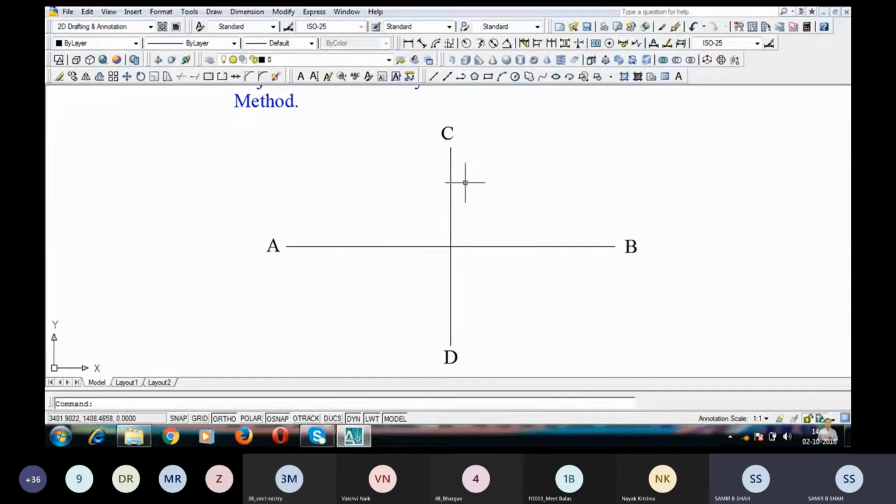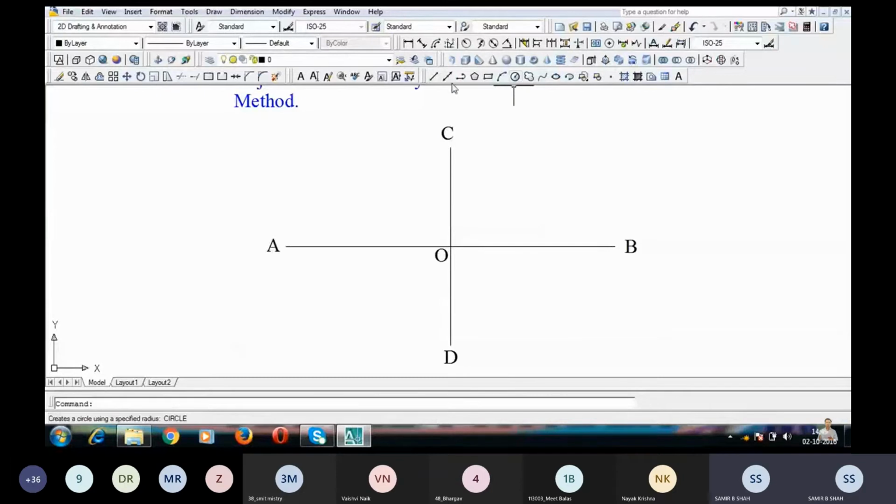Now guys, you can see that in this method, we need to incorporate a few more important points in the name of focus. So what we need to do is take C as center and put an arc over here, which is going to be half of the major axis. So half of the major axis is going to be OA or OB. You need to keep your compass or your rounders over here. Then take C as center, put an arc over here and put an arc over here for locating precisely F1 and F2. And it should look something like this.